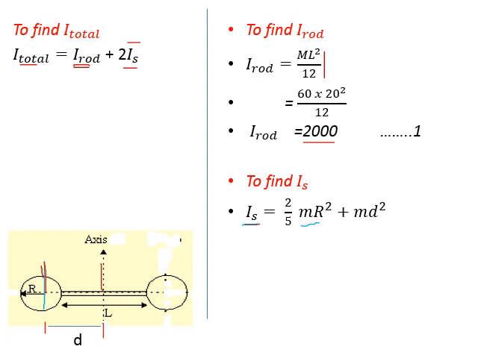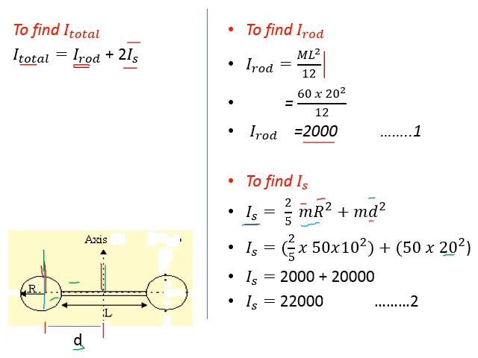Go on simplifying this. We have the values of m, r and d. But see what is this d? D is nothing but the distance between the point through which the axis is passing and the center of the sphere, about which we have to find out the moment of inertia. This much distance is d. That's why substitute that value of d here. So this much is 10 plus radius is 10. That's why I have substituted here as 20. Now simplify it. Next task is very simple.